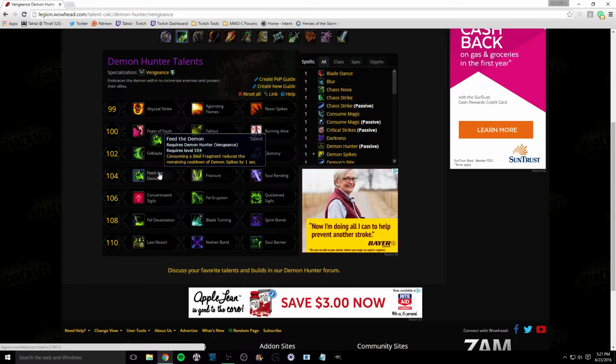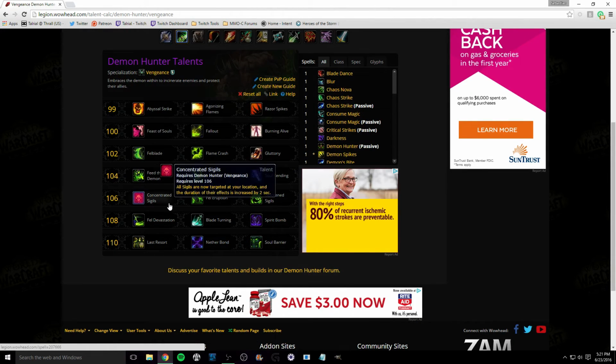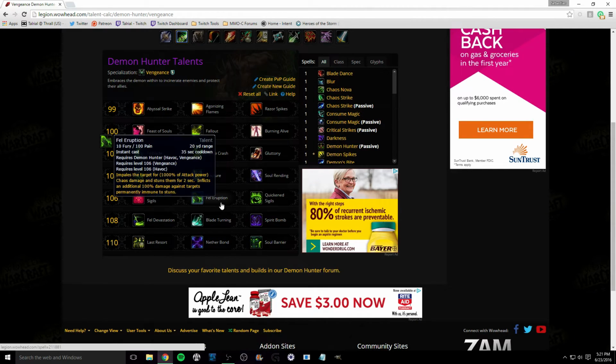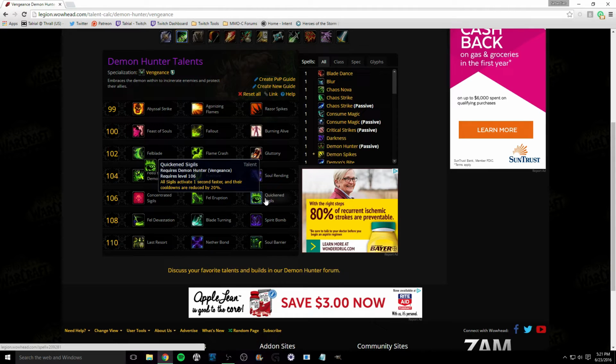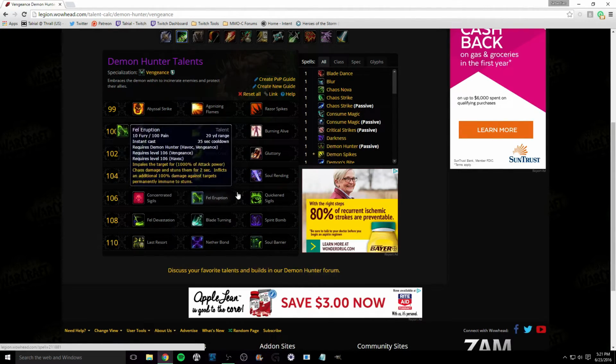This causes Sigil of Flame, Demon Spikes, Leech, Fracture, Concentrated Sigils: all sigils target your location, their duration effects are increased. Nothing too crazy. Sigils activate 1 second faster. Cooldowns are reduced by 20%. Okay, so as far as sigils go,